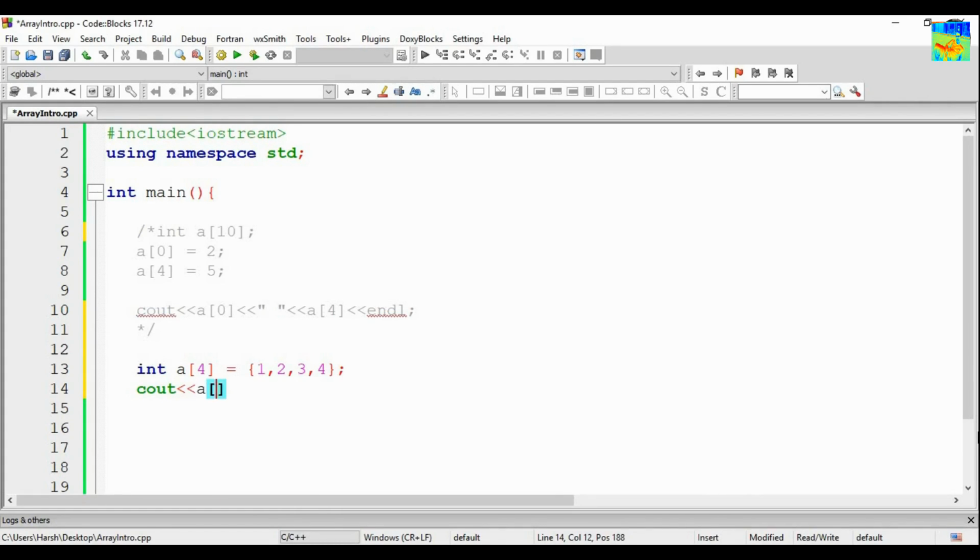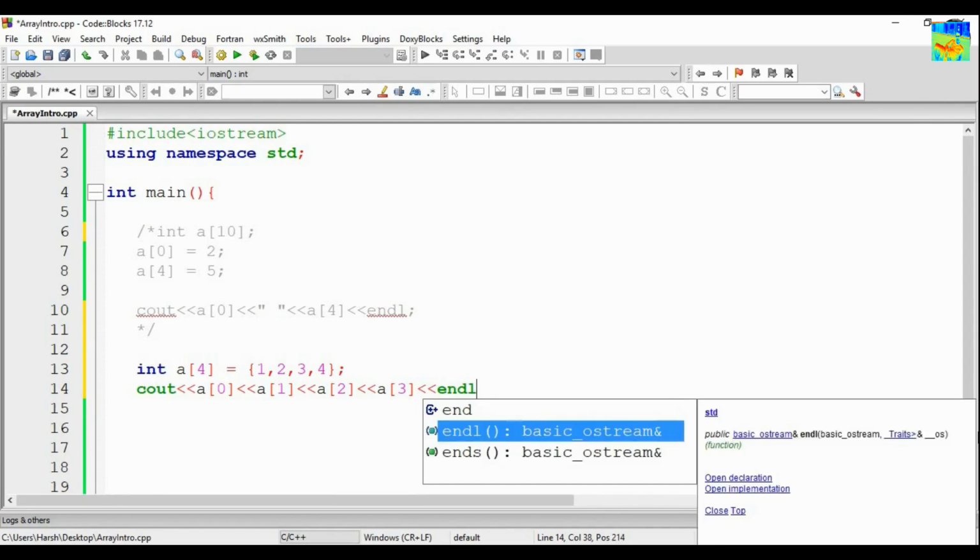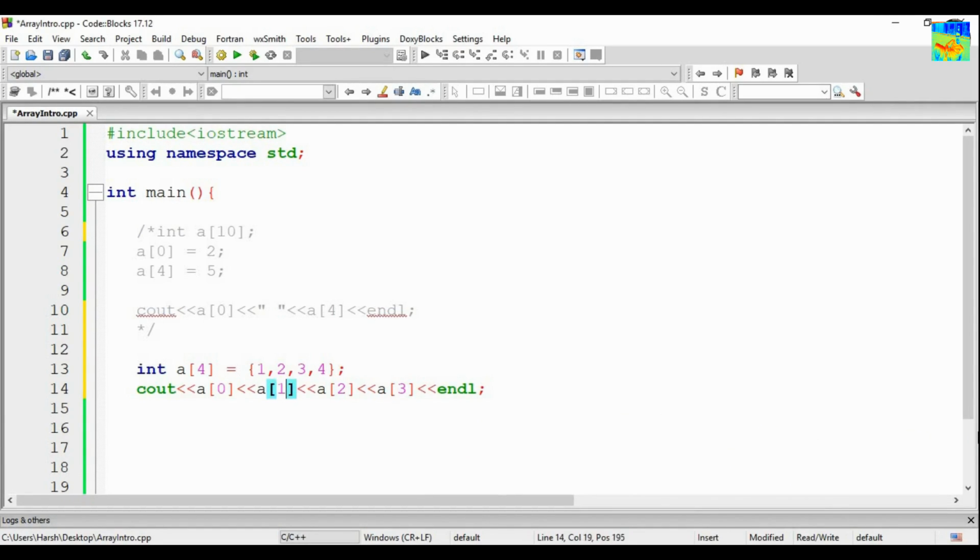So cout a of 0, cout a of 1, similarly cout a of 2 and a of 3. So in this way we can print our array. What we are doing is going to every position and printing the value stored in that position. Simple. I am giving spaces between each and every value.